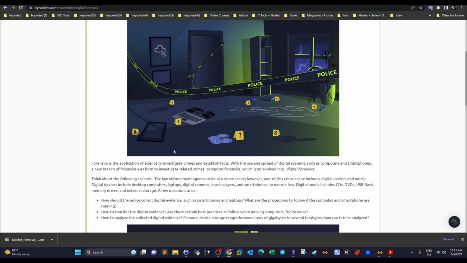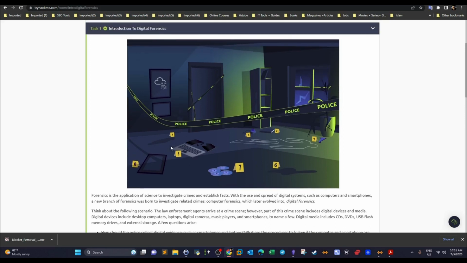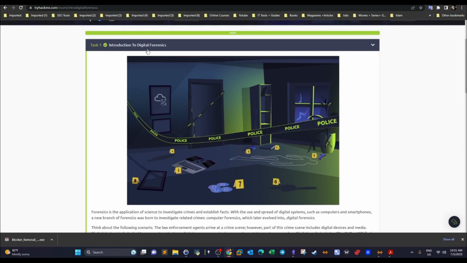So basically, in general, there's a field called forensic science. When you go to a crime scene, you collect evidence and then you send the evidence to the lab. The evidence is analyzed by forensic experts, right? They analyze the evidence, extract DNA, and so forth. Now the same applies to digital forensics, but with different